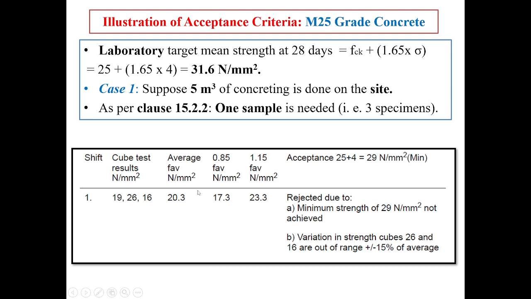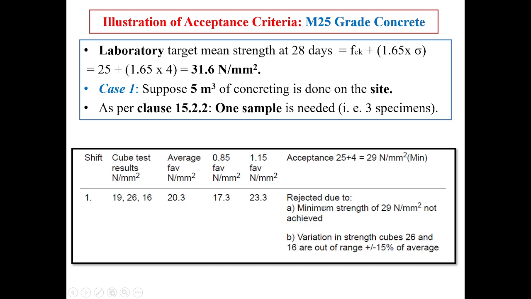Now if I make 15% less than this, that means 0.85 of F average, then it's 17.3. If I make 15% more of F average, that is 1.15 into 20.3, then it is 23.3. So the acceptance criterion is FCK plus 4, because there is only one sample. So that is 25 plus 4, that is 29 Newton per mm square minimum. That means the group should show at least 29 Newton per mm square after 28 days of curing, and therefore